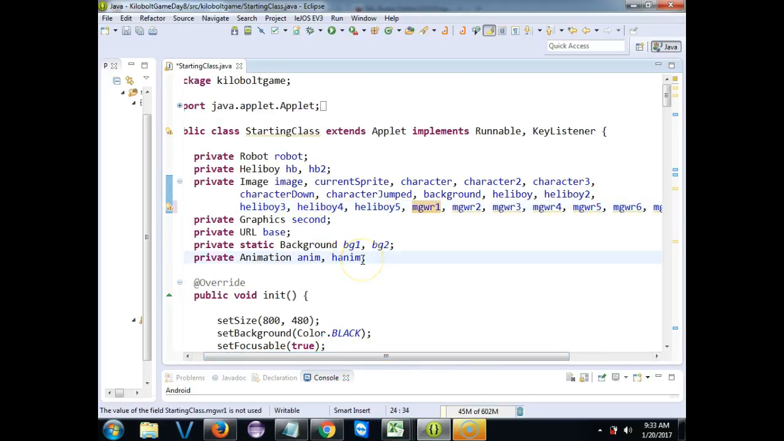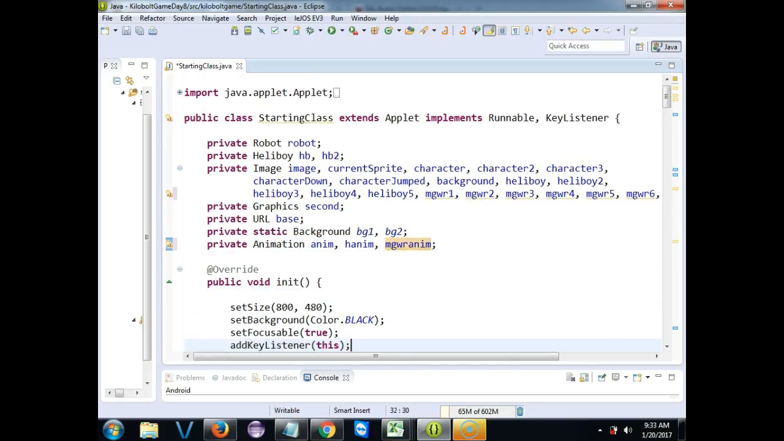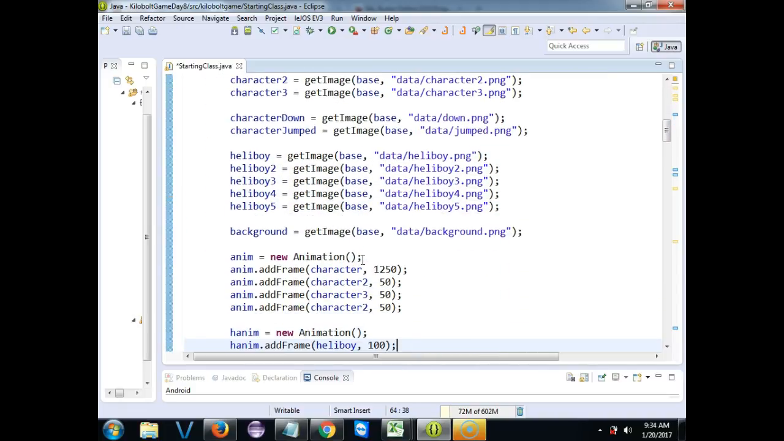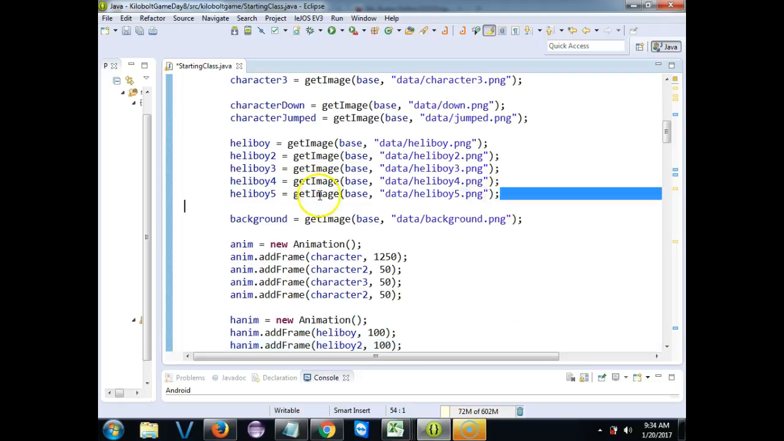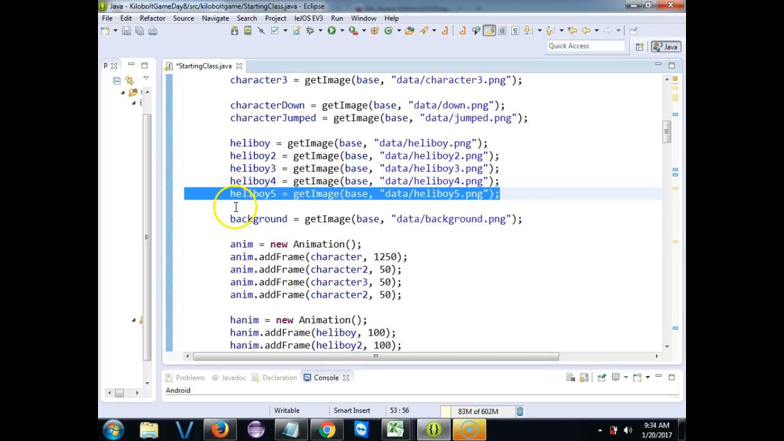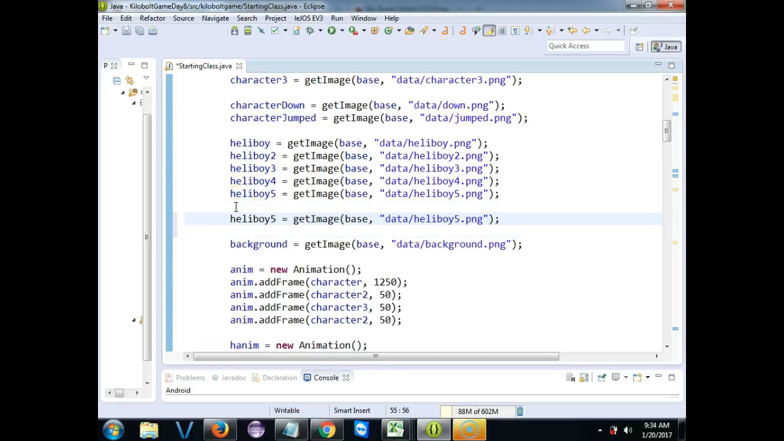Also, I'm going to need to add a new animation. Because he's going to be a mech guy and he's going to be walking right, I'll just call him MGWR anim. And then I will come down to the image setups, and just to save time here, I'm going to copy and paste this, so copy, Control C, paste, Control V, and then start off with mech guy walk right 1 equals,